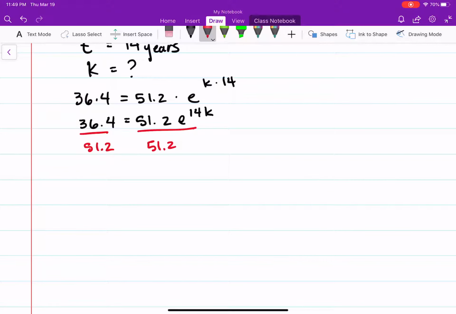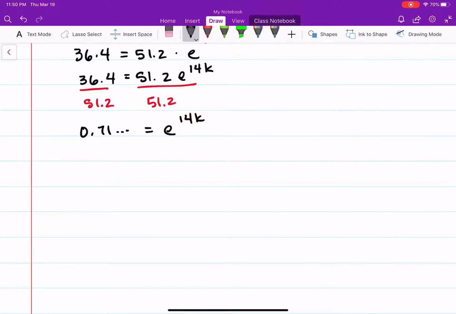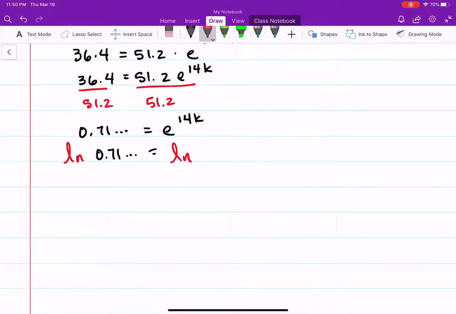51.2. So what I have is, let me see what 36.4 divided by 51.2 is. So I'm getting a 0.71 dot dot dot, and I'm going to leave that on the calculator. Is equal to e raised to the 14k. Okay, so your question is, well, how do I go from there? All right, so what I'm going to do, because it's e, I have to use the natural log. So I've got to do the ln of this 0.71 dot dot dot is equal to the ln of e raised to the